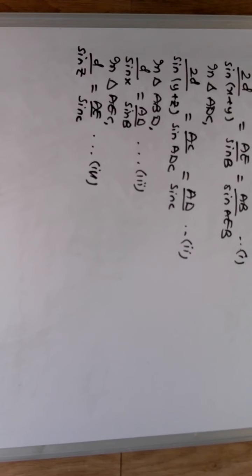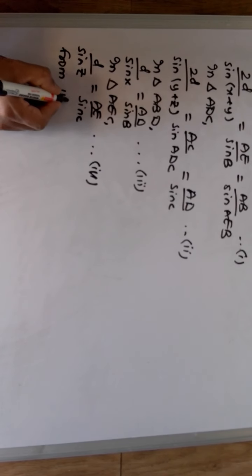So here if I see, I got the value of AE also, I got the value of sin B also. Now sin x plus y also you got everywhere. So from first, the sin x plus y value will be 2D into sin B is to AE, right? And sin y plus z value is nothing but 2D into sin C is to AD. Whereas AD value already you got and AE value also you got. So better you do one thing, you make use of this third and fourth, that is from 3 and 4.